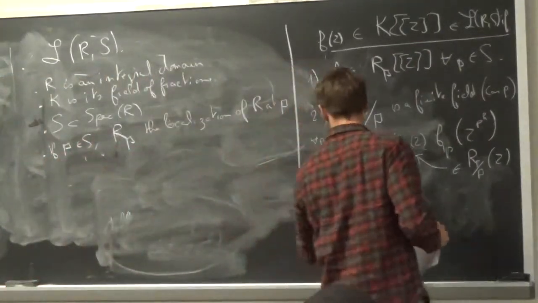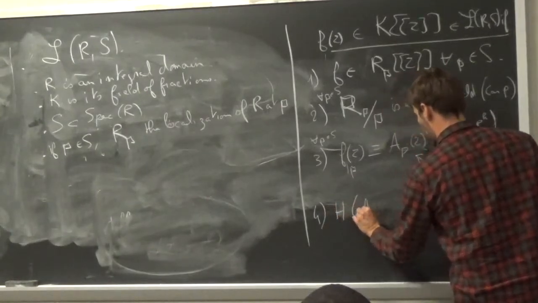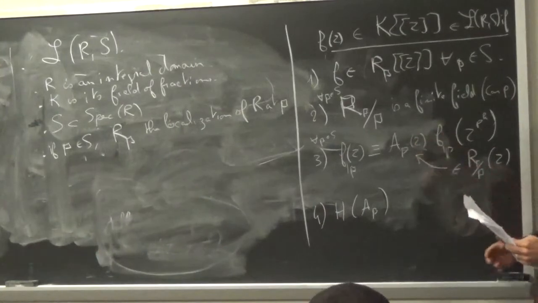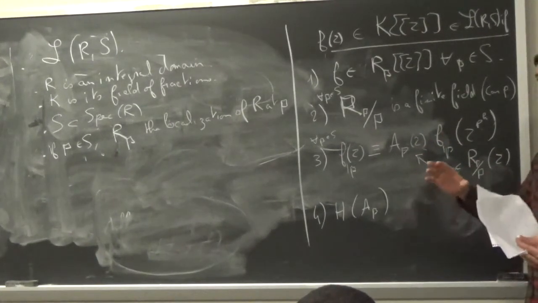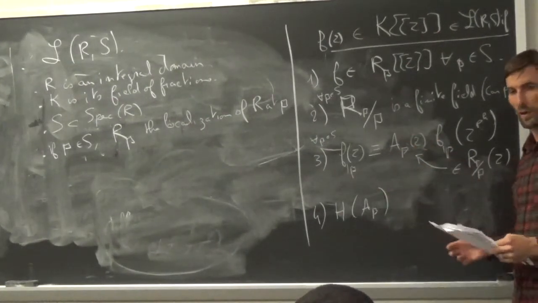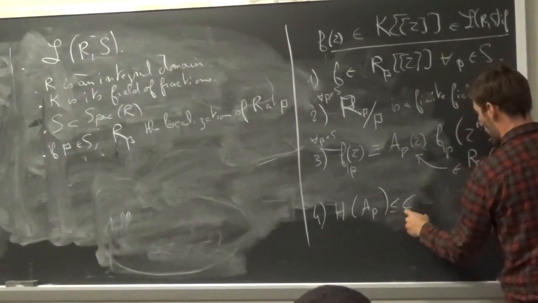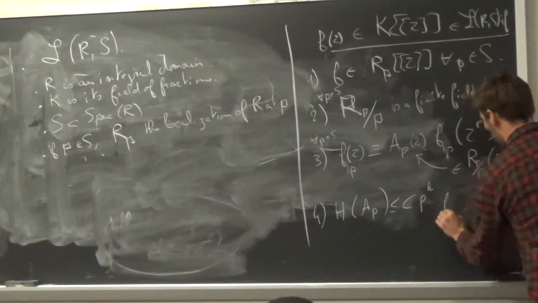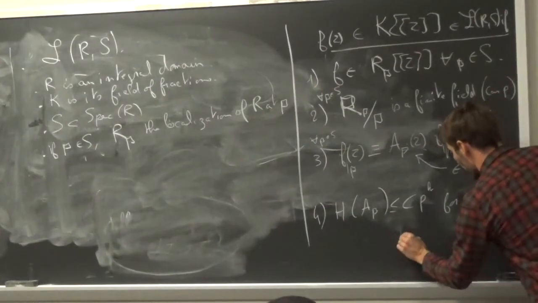And the last condition is that the height of this A_P, which is a rational power series, is at most C to the p to the k for some C